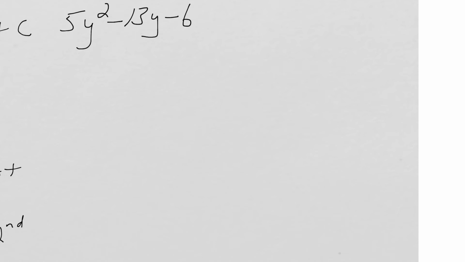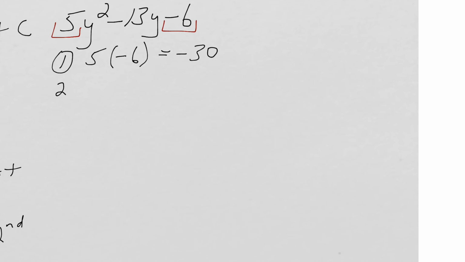Now let's use the AC method to factor this trinomial. So using the 4 steps we just talked about, step 1 would be to multiply the value a, which in this case is 5, times the value c, which is the negative 6. That would be 5 times the negative 6, which would equal negative 30,